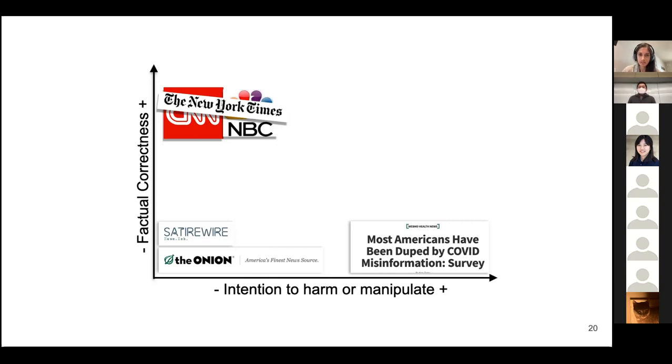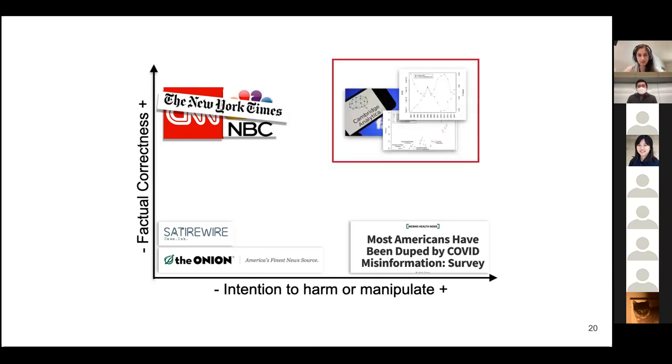But what I'm going to focus on today is things that fall in this top right corner. And what we see in this top right corner is content that is intended to be harmful or manipulative. So that is focused on things like propaganda, but that isn't necessarily factually incorrect. So identifying types of manipulation strategies that fall into this corner is really difficult because we really don't have any ground truth value. So strategies here can be really subtle and hard to detect, but they're also very prevalent.